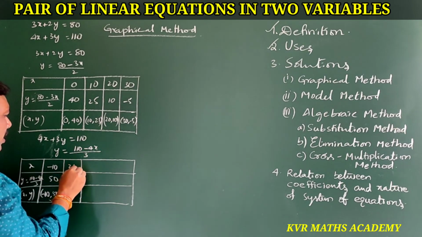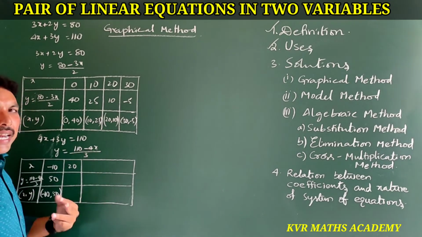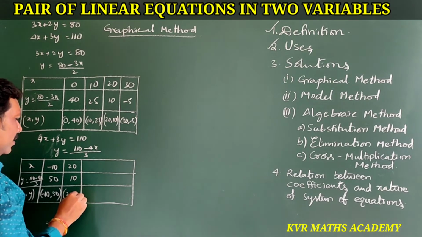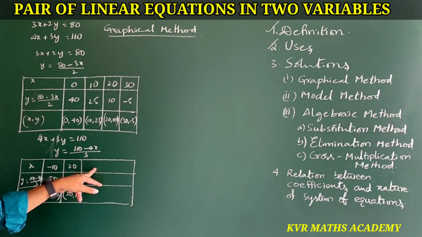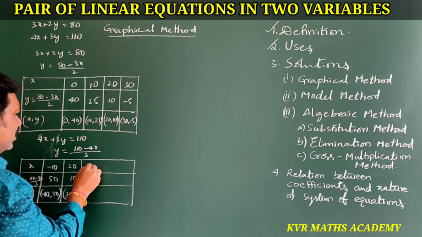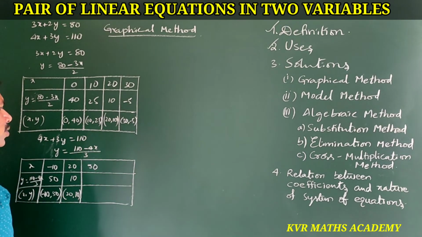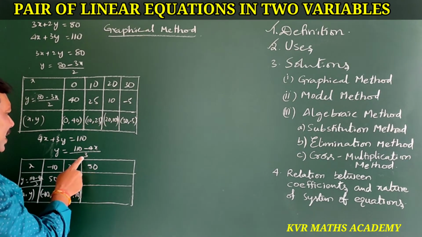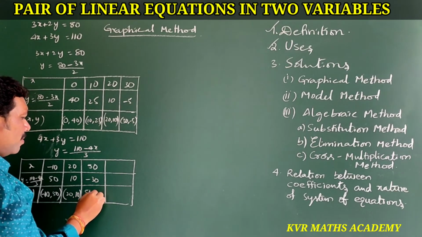Suppose if you take 20, 4 20s are, yes, can be cancelled, no? 20. 4 20s are 80. 110 minus 80 is 30. 30 by 3 is 10. So 20 comma 10. Next, 20, difference is 30, no? Again difference 30 means how much? Yeah, 50, take. 4 50s are 200. 110 minus 200 is minus 90. Minus 90 by 3, minus 30. So this is 50 comma minus 30.